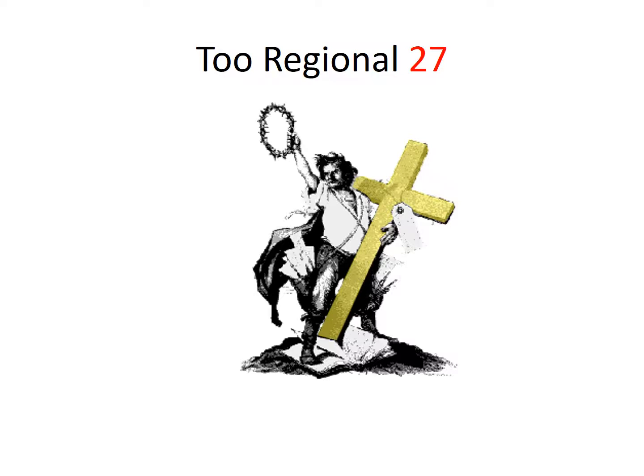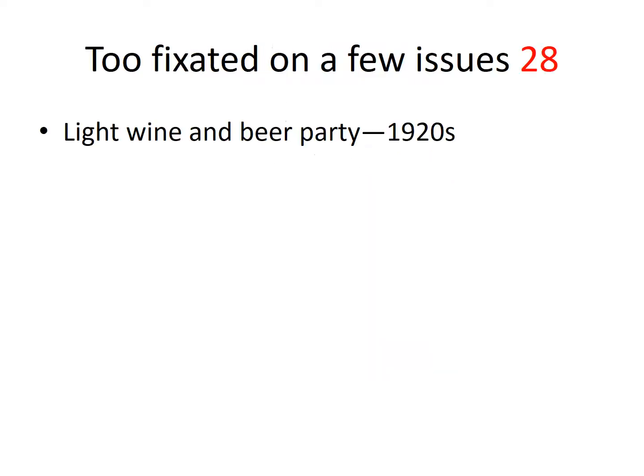They're too regional. The Populist Party, for example, which this cartoon is depicting, focusing on issues such as what type of ore, gold or silver, should back paper money, and they wanted silver to back paper money, not just gold. That was an important issue in the South and the West, but not throughout the whole country. So they're focused on particular regions.